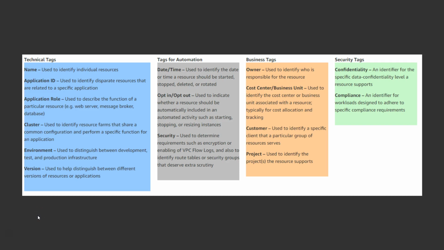AWS allows customers to assign metadata to their AWS resources in the form of tags. Each tag is a simple label consisting of a customer-defined key and an optional value that can make it easier to manage, search for, and filter resources. Although there are no inherent types of tags, they enable customers to categorize resources by purpose, owner, environment, or other